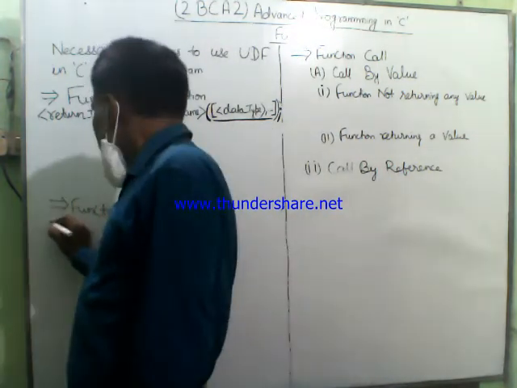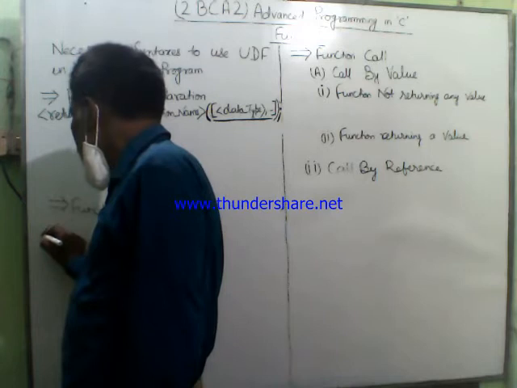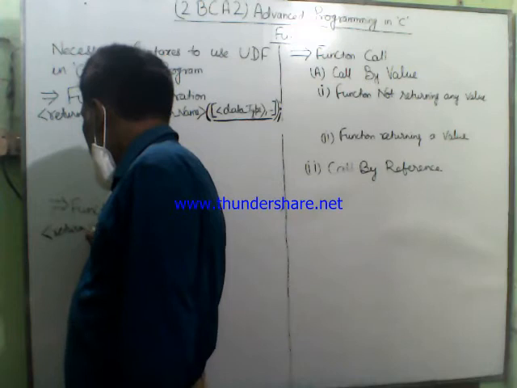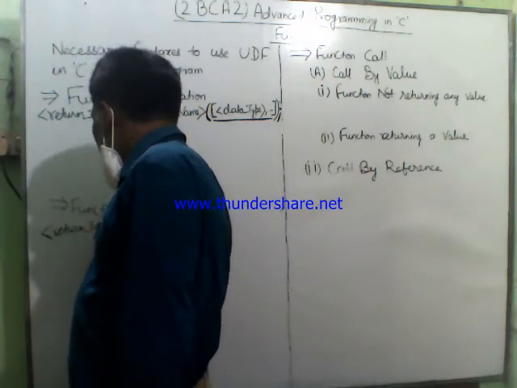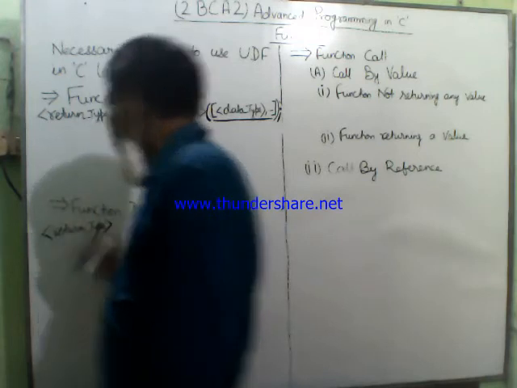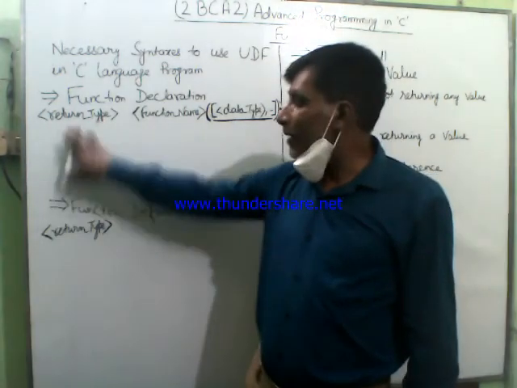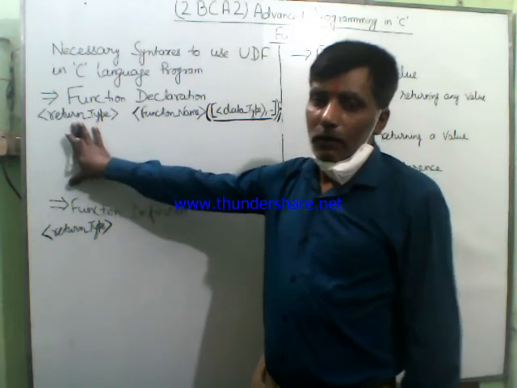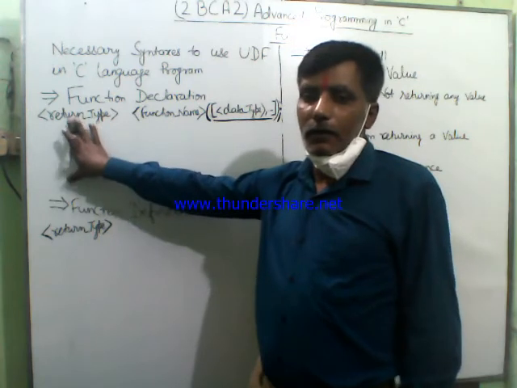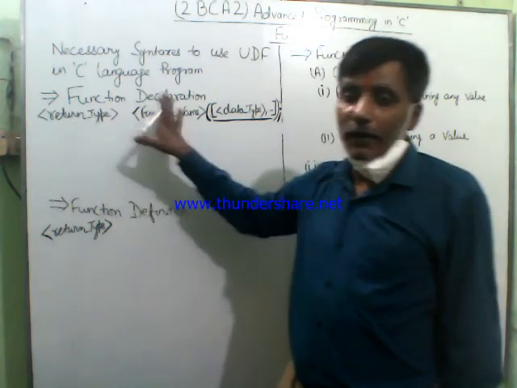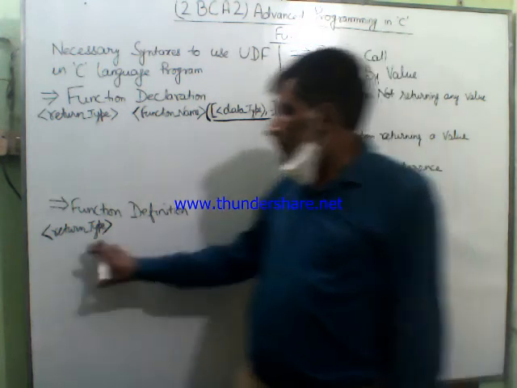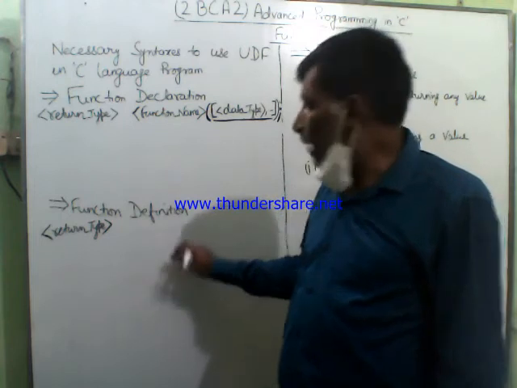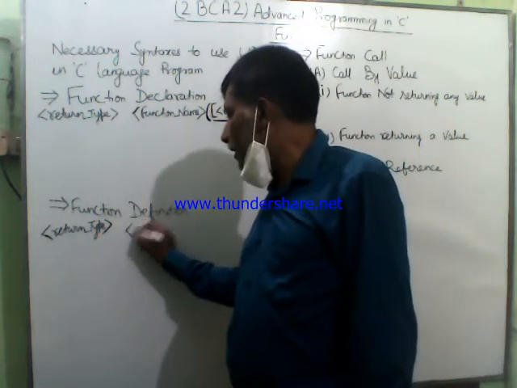The function definition syntax also starts with return type, and in place of return type you have to use the same return type that you have written while coding the statement to perform the function declaration in the program. After writing the return type, you have to leave a blank space, and after leaving the blank space, you have to write the name of the function.